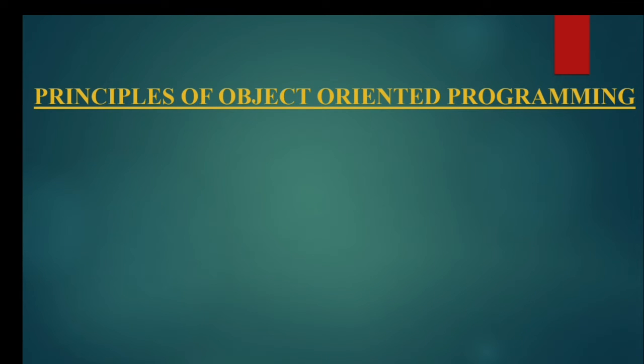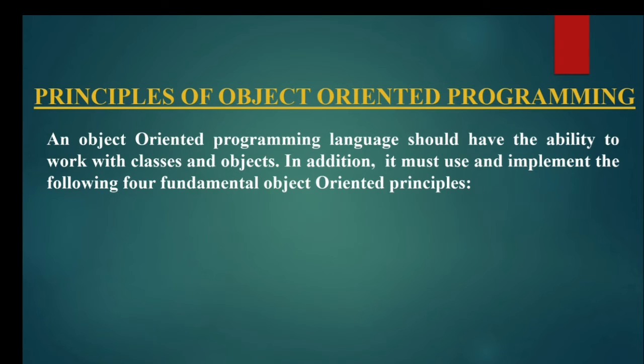Next one is principles of object oriented programming. An object oriented programming language should have the ability to work with classes and objects. In addition, it must use and implement the following four fundamental object oriented principles. Those are